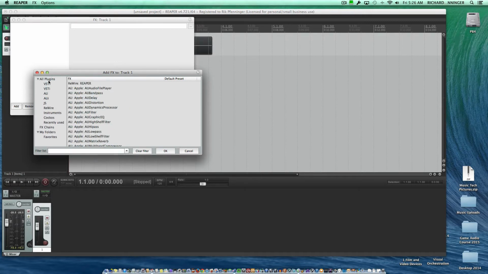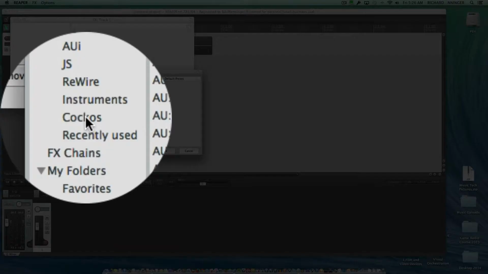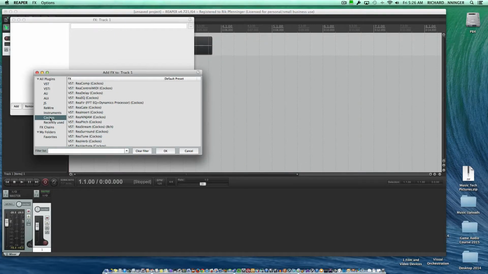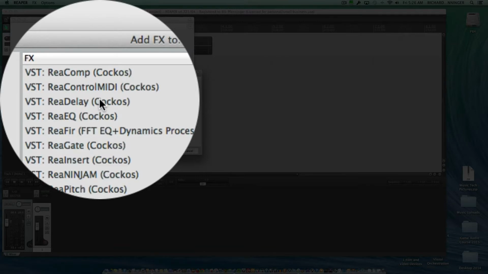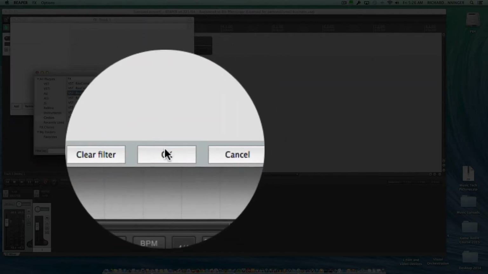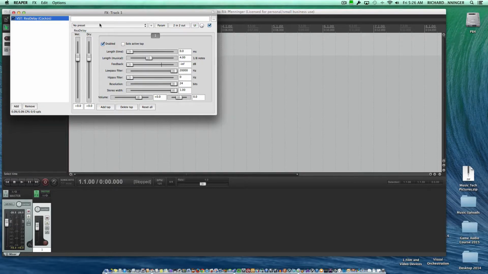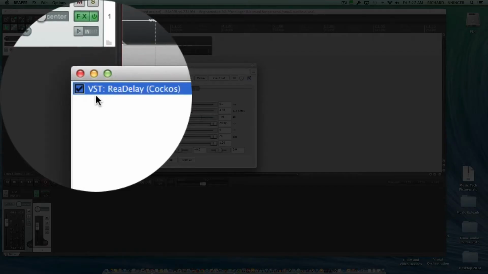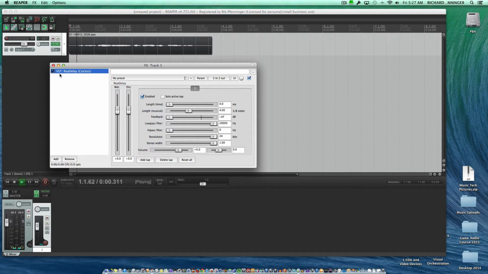And you can make sure you're reading all plugins, but the one you really want is the Cockos plugins, because they're included in Reaper and you don't have to buy third-party plugins. So in this case I'm going to use ReaDelay, and I'm going to go OK. Now you can see up here that it's armed and ready to go, and if I hit play,